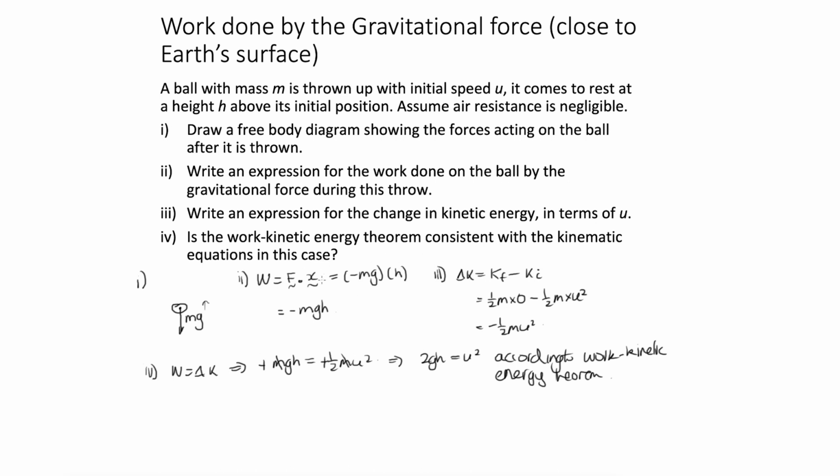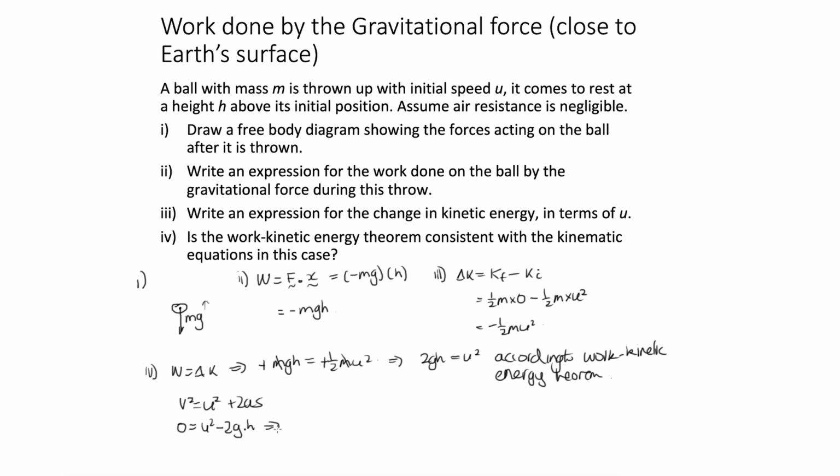So the kinematic equation which will be most relevant is v squared equals u squared plus 2as. I chose this one because it's got a displacement, and we're told about the displacement, the height, and it's also got the initial and final speeds, and we're also told about the initial and final speeds. So in this case, the final speed is 0, the initial speed is u. Now the acceleration is downwards and it's g, so this is minus 2g, and then times the displacement, which is